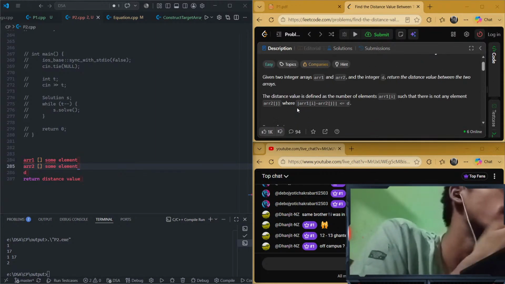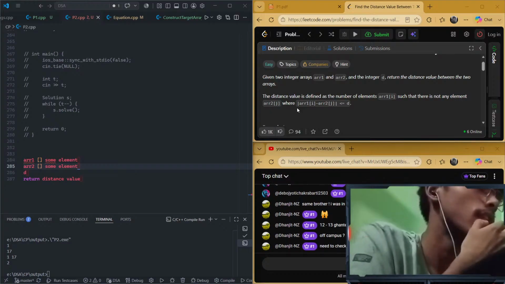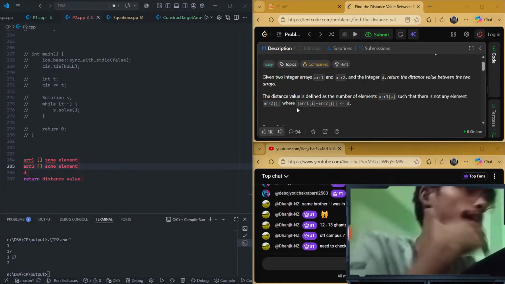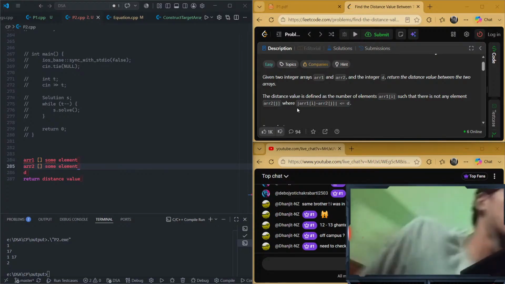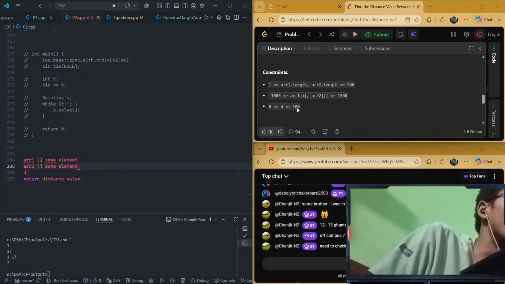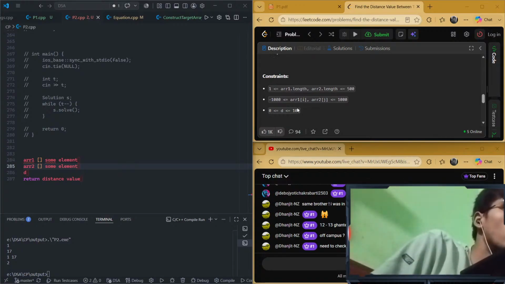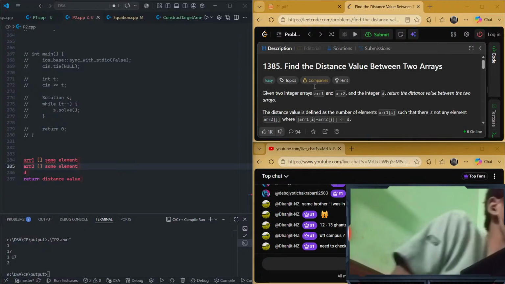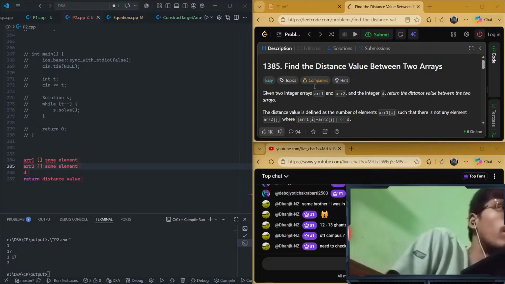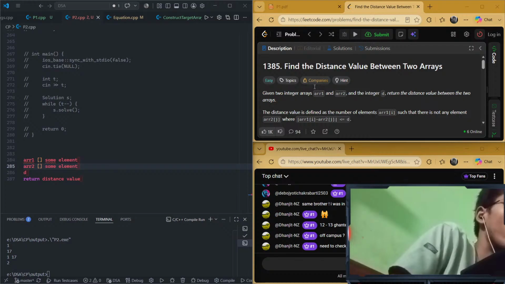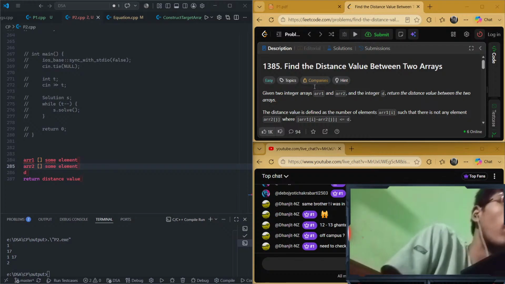Is there anything given in this question? I need to check the question again. I have to check the constraint, I think so. D is 0. Array 1 has minus 1000. Fine. This will be fine. The two integer arrays, array 1 and array 2, and the distance D, return the distance value between the two arrays. The distance value is defined as the number of elements in array 1 such that there is not any element in array 2 where